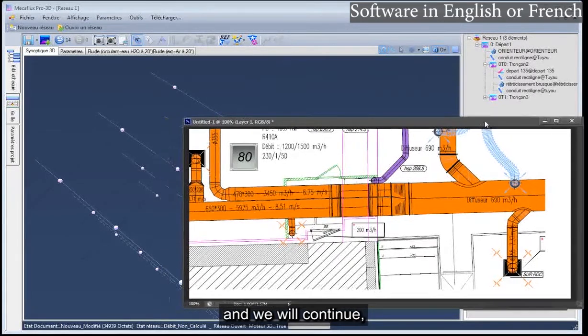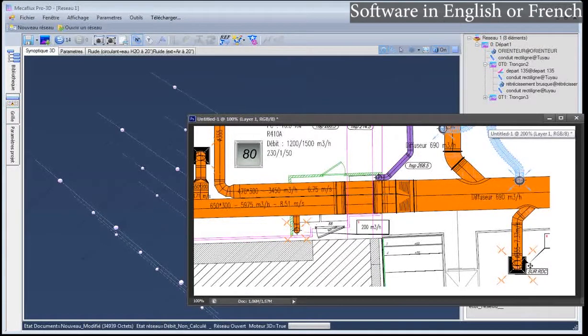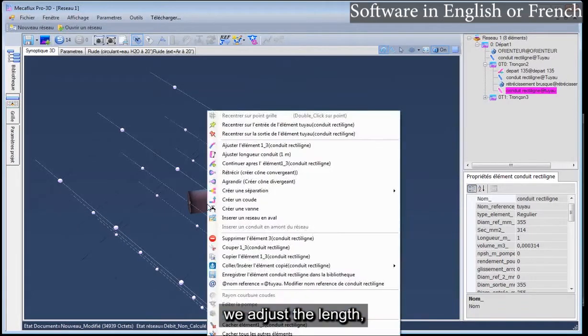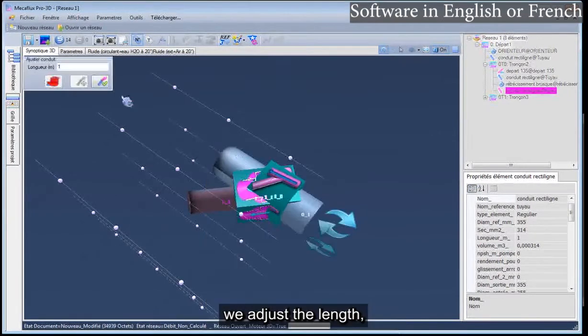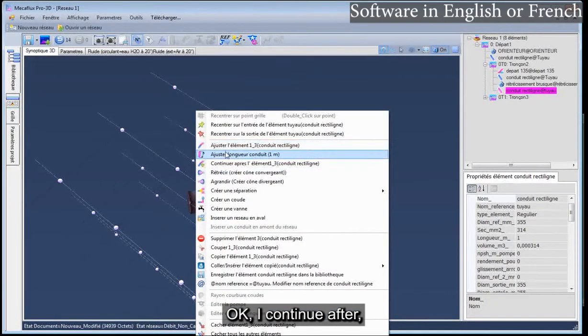And we will continue, after here, we will go down a few meters. We adjust the length to 1 meter. Okay, I continue after.